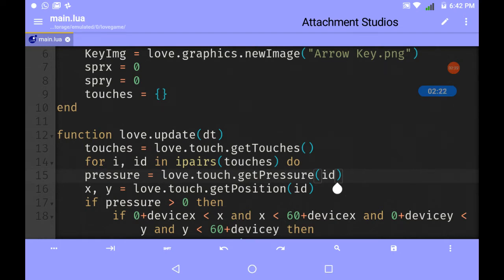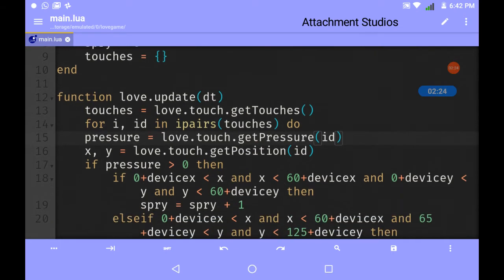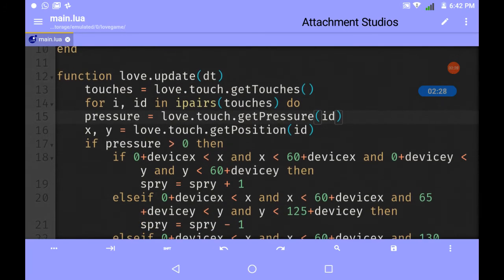So over here in love.update, that is the main function we want for this to occur, is touches equals love.touch.getTouches(), and that's necessary.